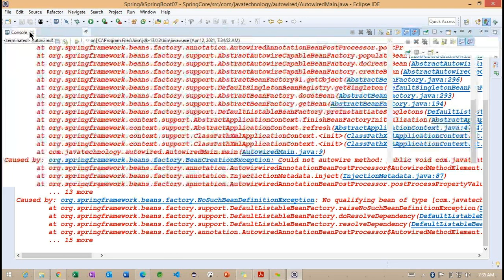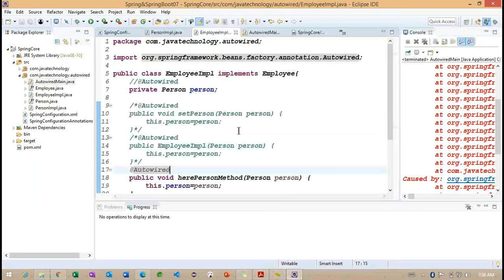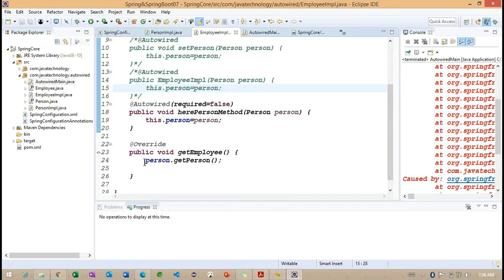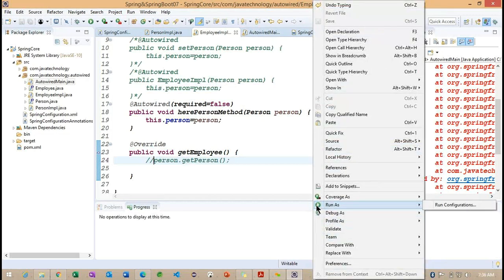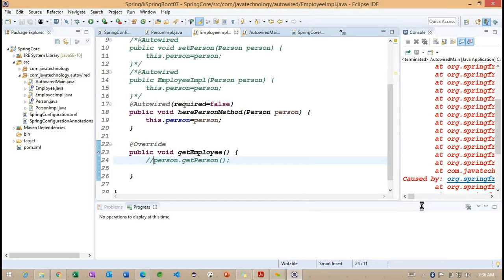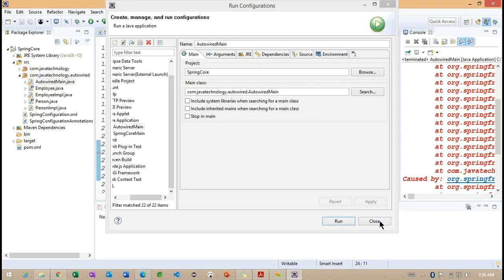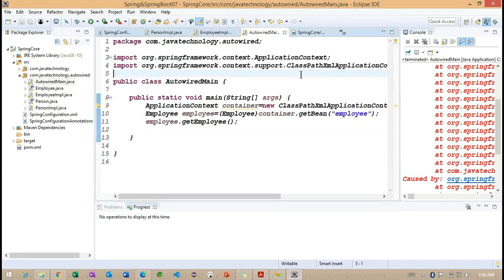Right. So now, if I'm going to make this required true, what happens internally? We are getting a null pointer exception. Why are we getting the null pointer exception here? So now you can see, if I'm not calling this particular section here, what happens internally? We are not going to get any exceptions here. So we need to understand very carefully here. What happened? Oh, sorry. From the main method we need to run here.